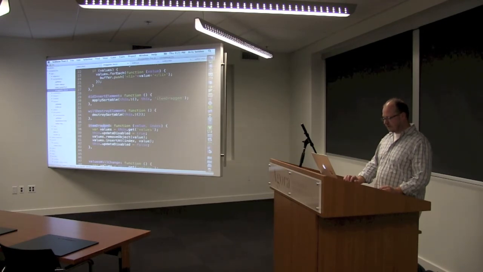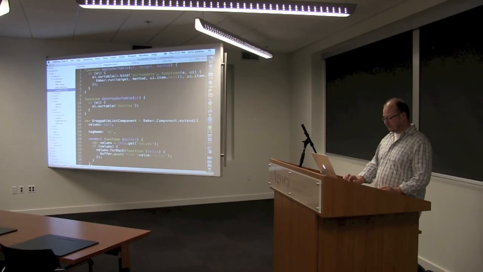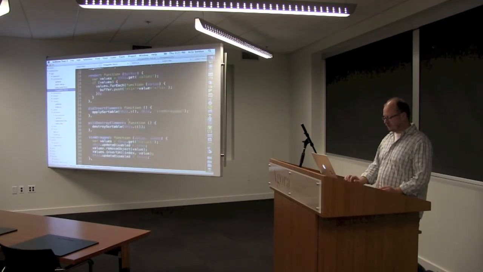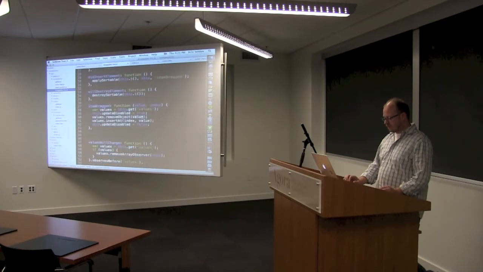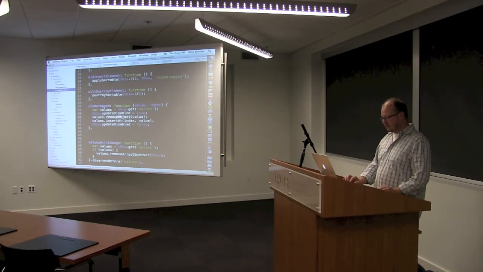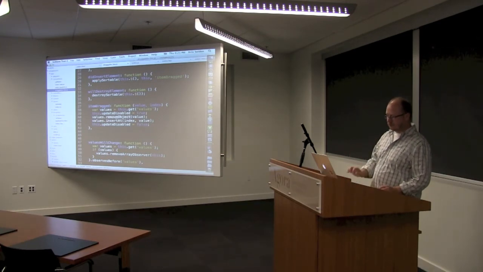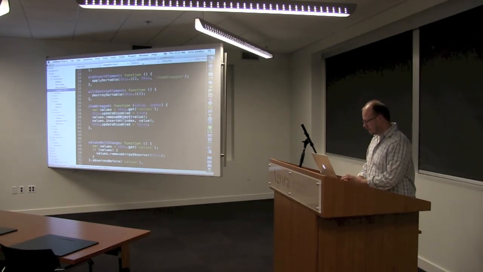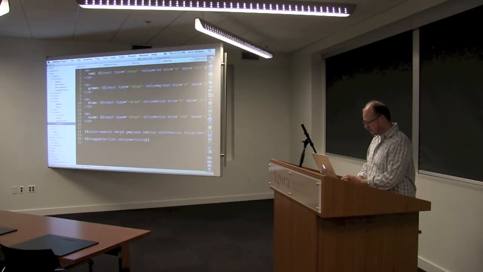This callback is just for setting up on the update event provided by the plugin. Then we're getting the underlying array and removing it using the observable methods, so that if we had a